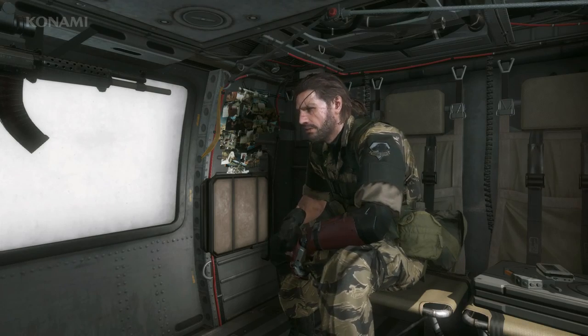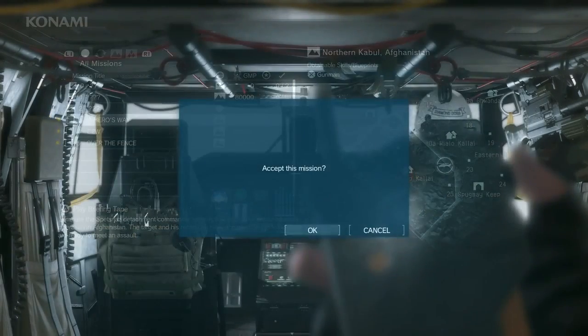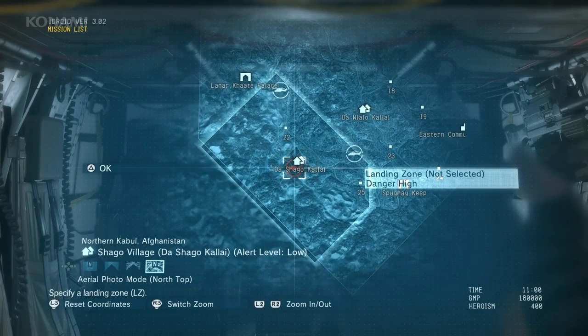Alright, next I'd like to show you another variation of the same mission, A Hero's Way. Previously, we approached this mission from a distance using stealth to our advantage. This time we're going to go in loud, via the air, and choose a landing zone very close to our